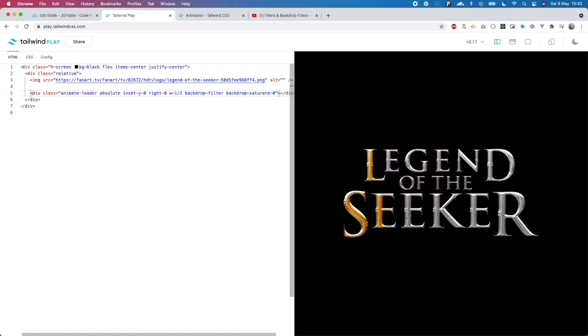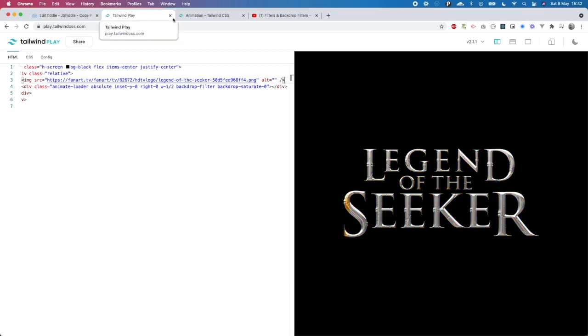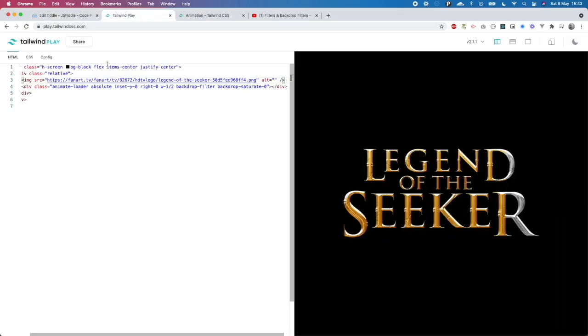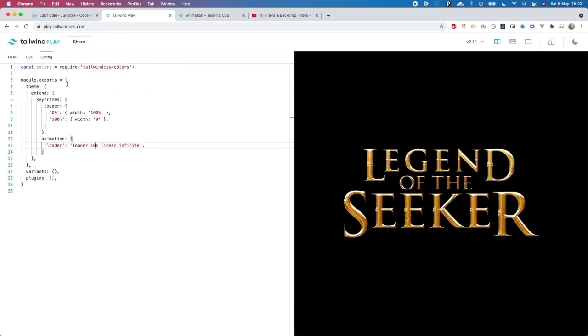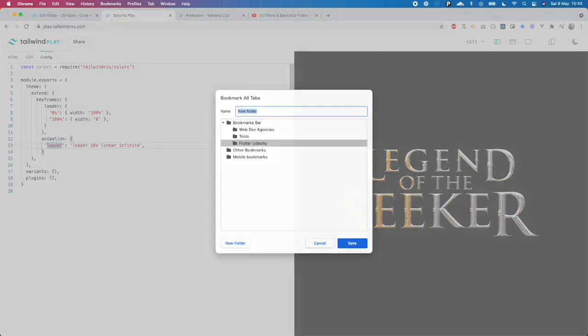And just like that, we've recreated such a complex effect in a few steps. So to finish the effect off, you would actually just need to do a few things, and that is to add another animation here. In the config, I'm going to add another animation and call this